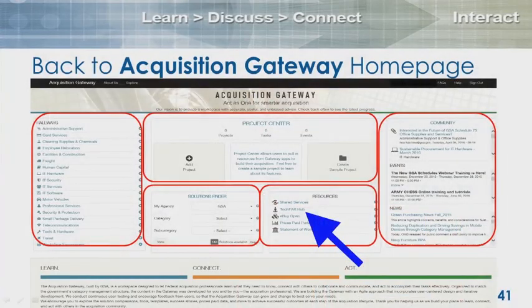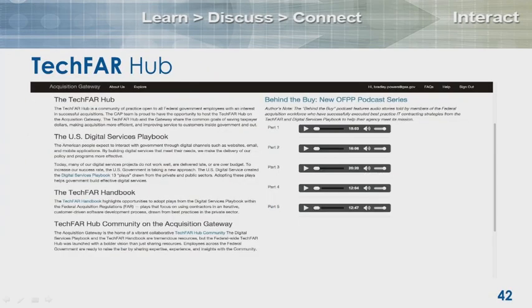Going back, we are now beginning to build our cost estimate for Agile services because we've understood more. We're going into the TechFAR Hub to understand more about Agile development. One of the questions that constantly comes up, and I was interested to hear Mr. Halleck say that the acquisition process isn't broken, is that with technology it keeps coming up: can the federal acquisition regulation accommodate the new innovative IT services?